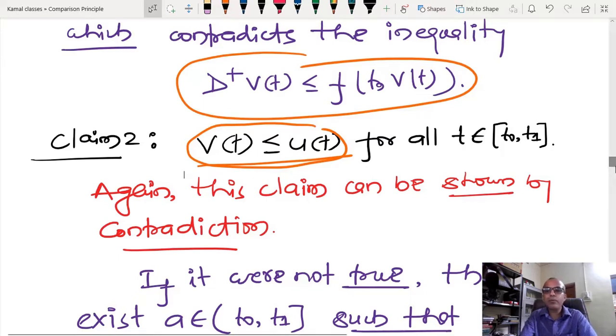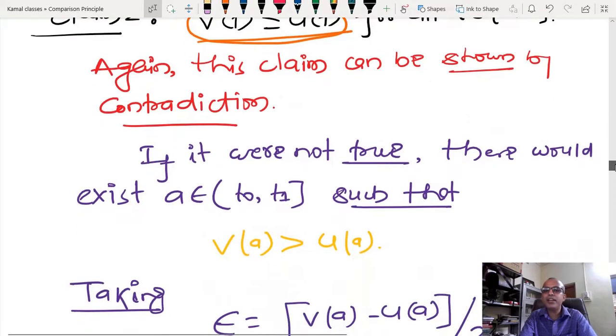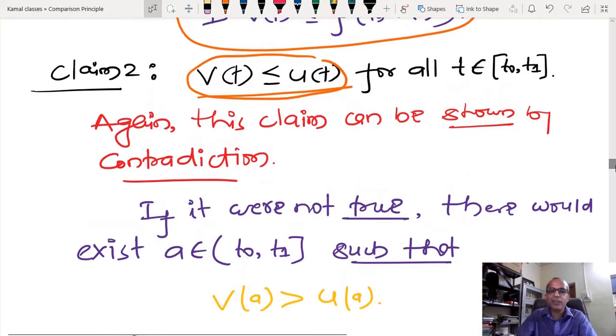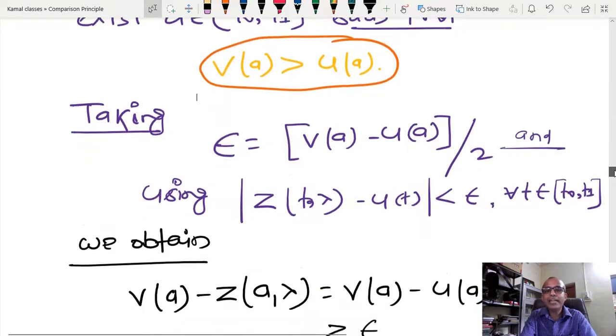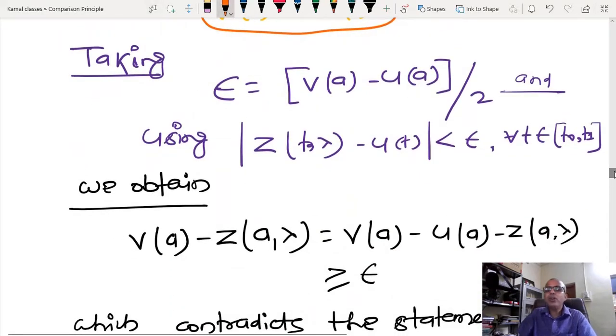Proof by contradiction is pretty easy, you just have to generate some kind of argument which is going to contradict. So what I am going to assume is that, if that is going to contradict somewhere, then this inequality is violated somewhere, at least at one point, and at that point I have this kind of relation. Now I am going to select epsilon, and epsilon I can select as anything, Va minus Ua divided by 2, because for every epsilon we are looking at continuity with respect to parameter variation.